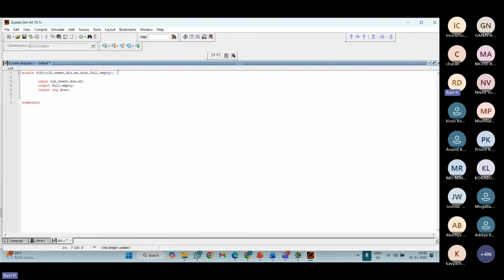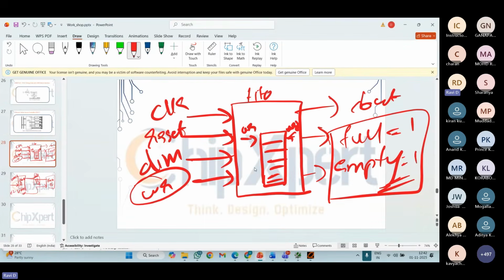After that, what I need to do? So by describing the behavior, I need to design the circuit, right? So what was the behavior of the circuit? If you see the circuit, what was the behavior I told? Whatever inputs I had sent into my memory, it should read first. Whatever the first input I had sent, that input I need to read first. That was the behavior.